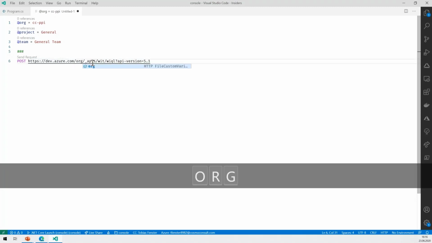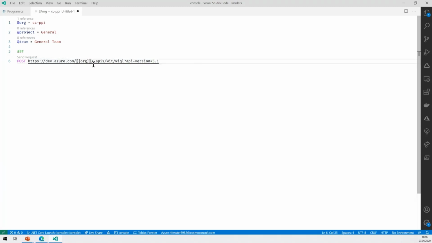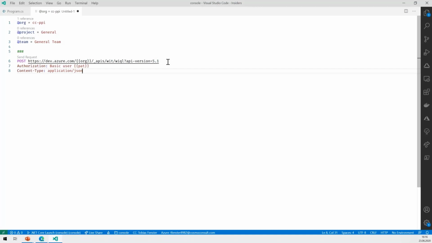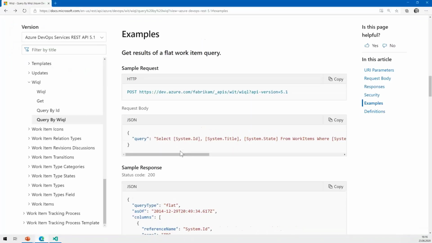So I want to address this org. I just use IntelliSense, and now I have the org in here. As I said, we want to use authorization, the personal access token. I have that as a hidden variable. So that is in here. And we have the content type of application/json as documented here as well.